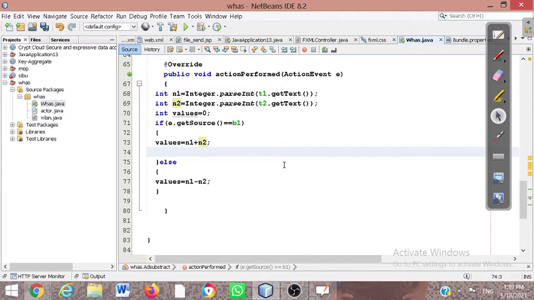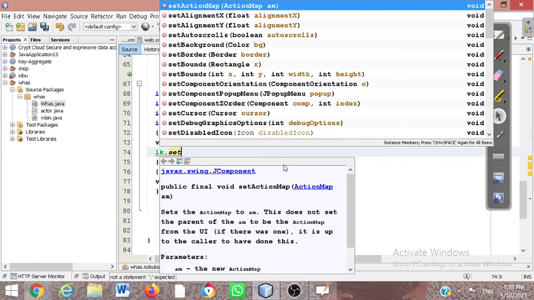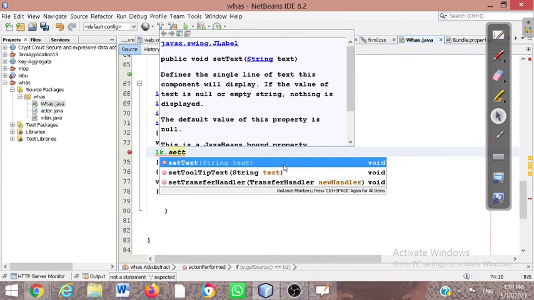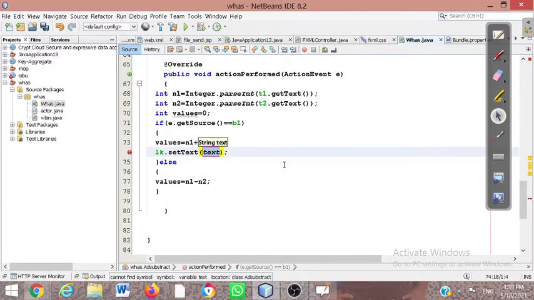So here I have to set the result on the label, so lk dot setText. The setText method will come, right, and inside that I am just passing the values, my result, and the concatenate operator I am taking, and now a double quote is taken here, because it will convert this integer into a string. By default the setText method takes the data in string form, so we need to convert the data from the integer form. That's why the values is the integer data, and here is a string in double quotes, and we are doing typecasting here.